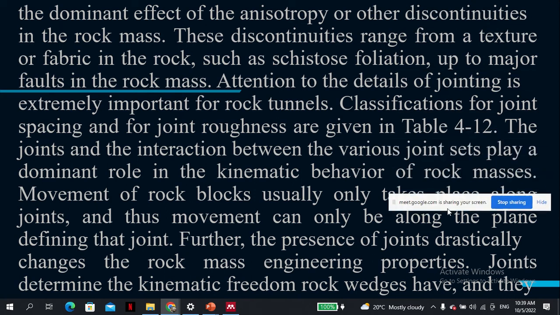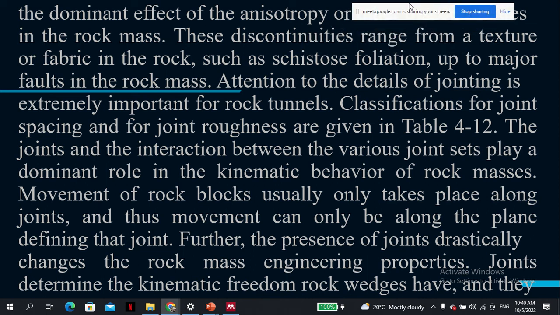So anisotropy affects rocks. It has a very strong influence on rock behavior, or other discontinuities, like I've said. These discontinuities range from texture or fabric in the rock, such as schistose foliation, up to major faults in the rock. Now, attention to the details of jointing is extremely important for rock tunnels